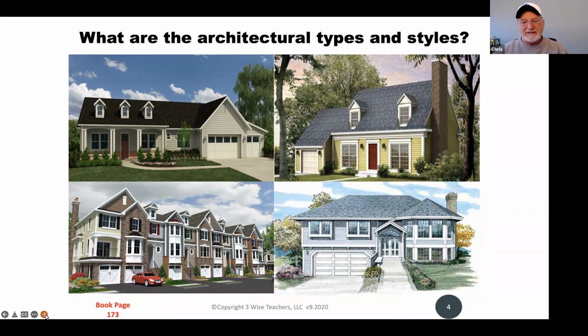As you look on the right-hand side, directly adjacent to that, you'll see what's known as a Cape Cod. You can see that high sloping roof. In that case, the dormers actually do go to a room. Some people will call this a story and a half. Because of the slope of that roof, you don't get a whole story up there, but you will be able to get about a half story. Interestingly enough, with Cape Cods, some people will choose to finish the downstairs and then later, when they have more money, finish the upstairs. So you would want to keep an eye on that in the field to see if it was finished at the same time or later with a permit.